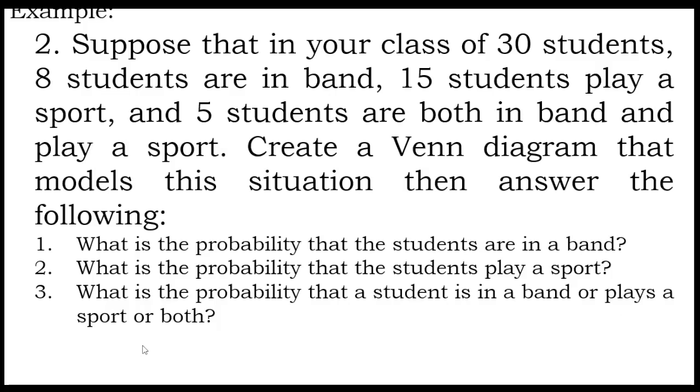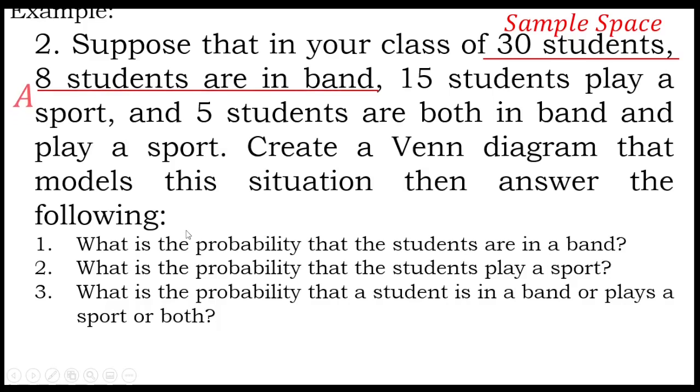So, before answering the questions, let's first analyze the problem for us to find clues. Okay? So, the first clue here is your class of 30 students, which indicates the sample space. So, that means all your probabilities should have a denominator of 30. So, given the event, over 30. That's what it means. Next, 8 students are in band. So, let's set this as our first event,